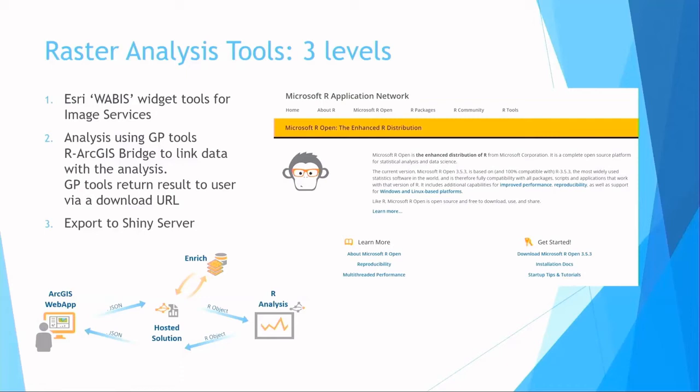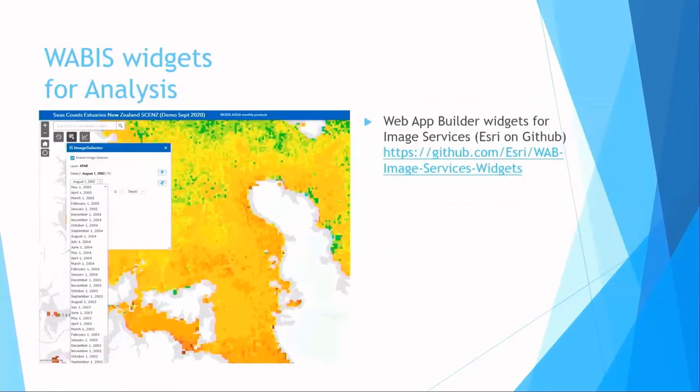R libraries provide a host of sophisticated graphing, while Python is used in this context to give access to regular GP processing using ArcPy, as well as driving simple in and out processes such as reading and writing files. You can therefore think of the analysis tools as working at 3 different levels. Firstly, the WebAS widget tools provide out-of-the-box functionality to do something with image services, such as looking at the output of a particular rendering option or choosing a time slice for a parameter. These are JavaScript-based widgets which are installed into the Web App Builder developer version.